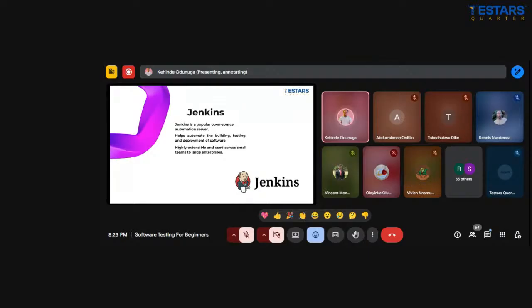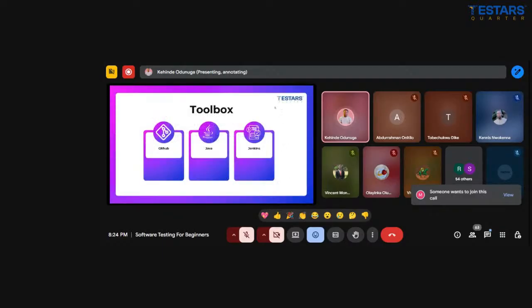And also Jenkins is like GitHub Actions in that it helps you to automate your workflow. But Jenkins can be used outside of GitHub Actions. It can be used in larger and bigger projects, right? And so we are just going to be trying out a few things. Just to see. So the toolbox we'll be needing is GitHub, Java, and Jenkins. So for you to